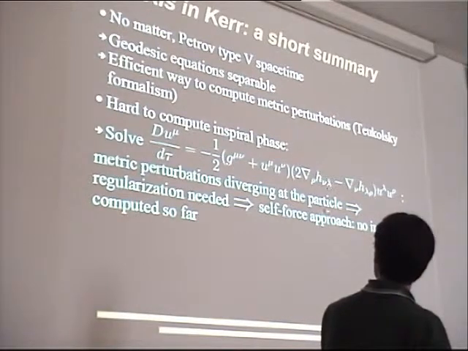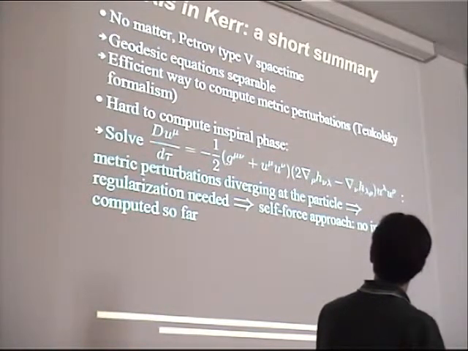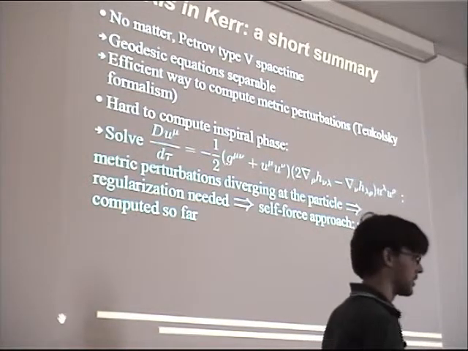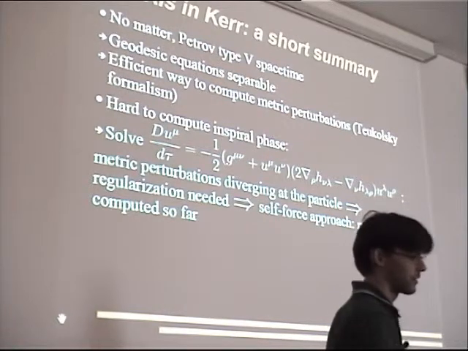In this case, you have to solve a geodesic equation with, on the right-hand side, instead of 0, a term depending on the metric perturbation h. And this metric perturbation is produced by the particle itself. As it is produced by the particle itself, it is diverging at the position of the particle, so you need a regularization procedure. And this is known in theory, but hasn't been implemented completely in practice,